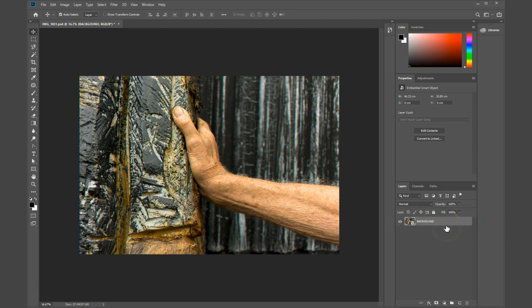So the first thing I'm going to do is duplicate that layer once, twice, 3 times. I'm just using this shortcut Control and J to do it. You could also just drag the layer down onto the new layer icon. I'm going to rename those layers R, G, and B, obviously for the 3 channels that we looked at in a previous video, the red, green, and blue channels. Okay, so just going to double click on each of these layers individually,